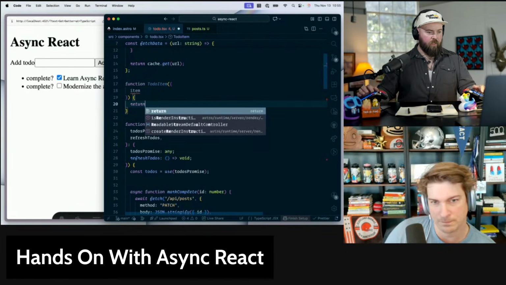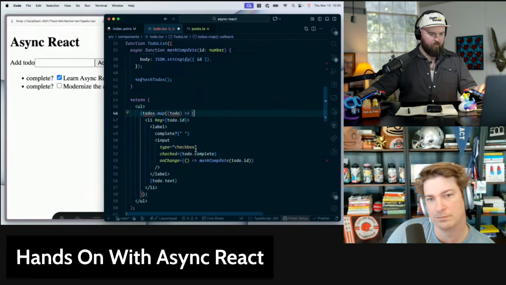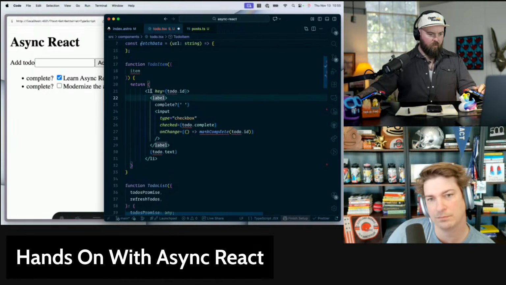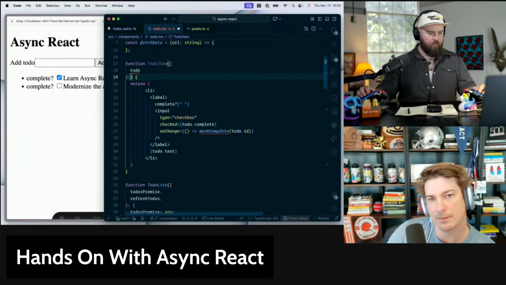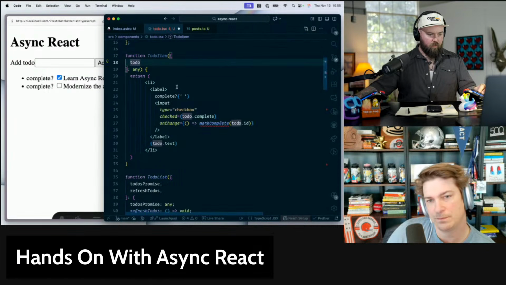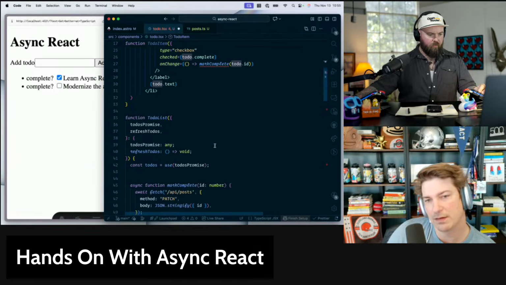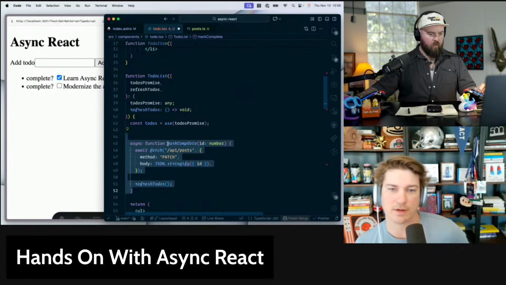Okay, so we'll start by duplicating what we've got, which is to throw one of these out here. We're not going to have a key on this. We'll have a key on the component itself. We'll just call it todo because that's going to make my life easier. And then do I need to pass in this mark complete or should I move the mark complete up? You can move the mark complete down.